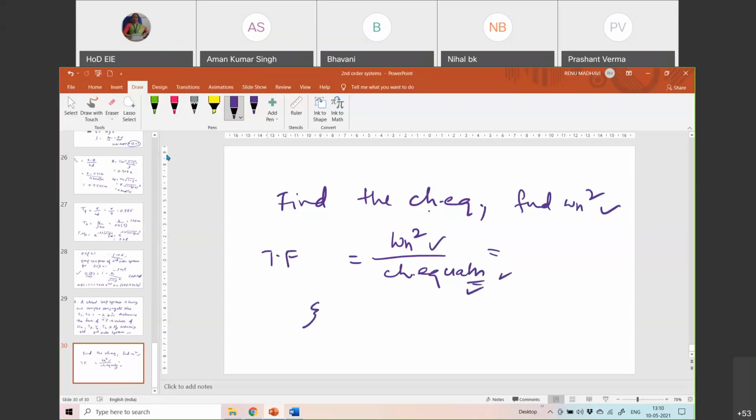Once you do it, you know what zeta is and what omega is, and you put them in the formulas of Tp, Tr, Ts, etc., and you can find them. Try to solve it and let me know what the transfer function is. If anybody can give me the transfer function...